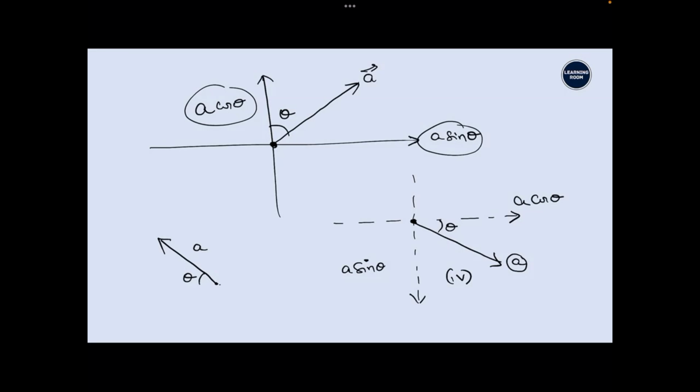When you break them into components, the horizontal will be in this direction, left or right. It is entering into which quadrant? Second quadrant. So second means left hand side and upwards. So left hand side will be A cos theta and upwards will be A sin theta. That's very, very simple, right? So based on this, we are ready to start the next part of this chapter, which is called